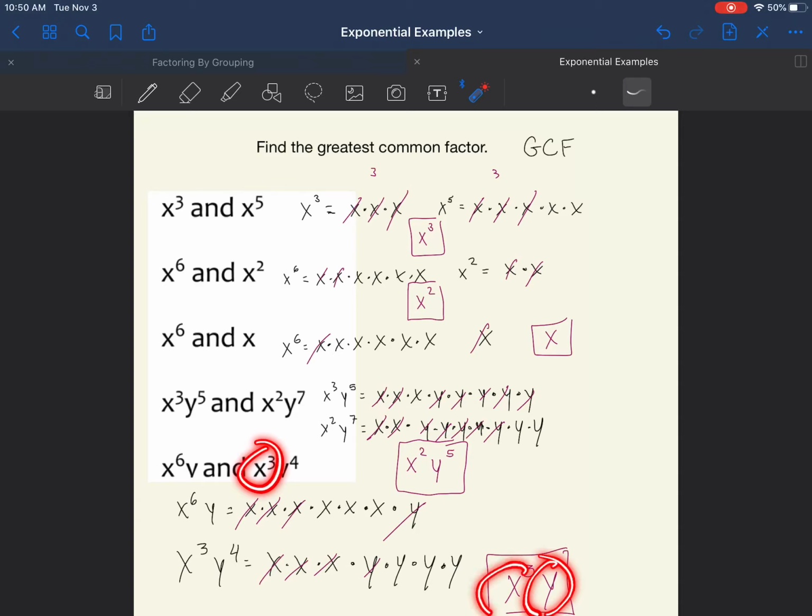x to the third, x to the third. So that's something else to keep in mind. And we're going to look at